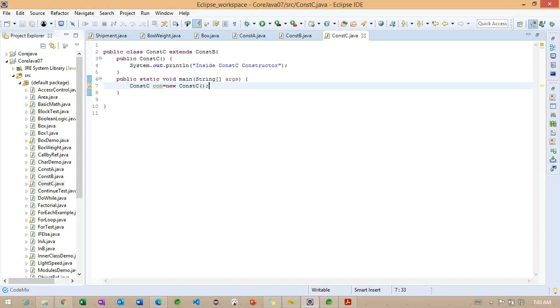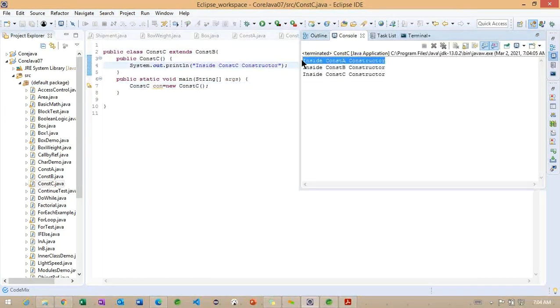What exactly is it doing here? Carefully observe. Even though we are calling this particular C class constructor, which class constructor is executed first? The A class constructor. Getting the point? Whenever we extend any class, the superclass functionality is given the option to execute first, and later the subclass functionality is executed. This is very important.